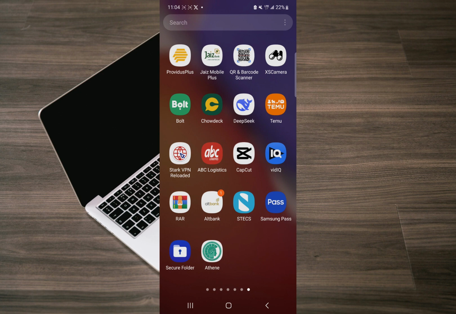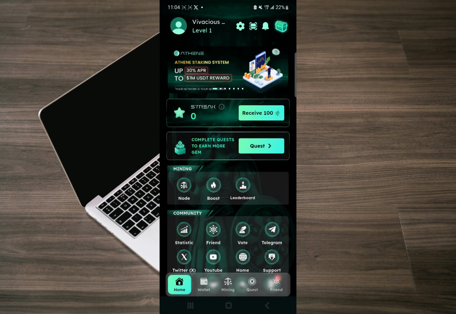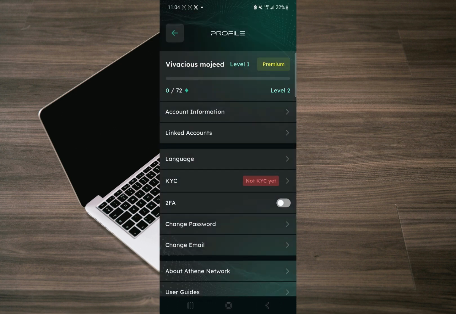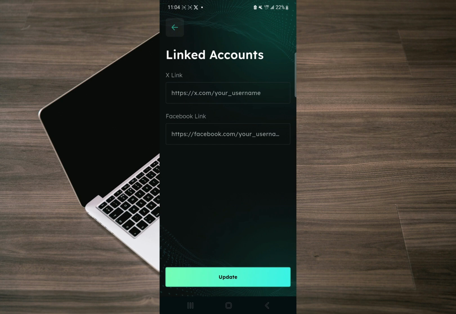Let's dive in. First of all, you log into your Athene network application, and then you see the setting icon on the top right hand corner on the app. You click on the setting icon, and then you see where it says linked account. So you click on link account, and then you